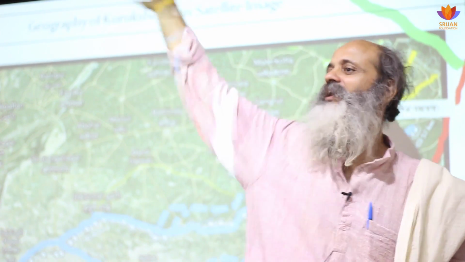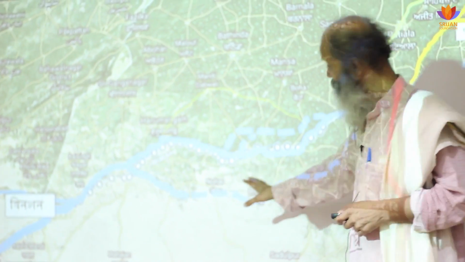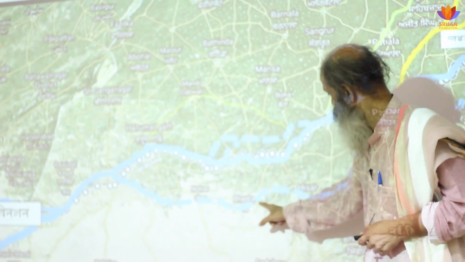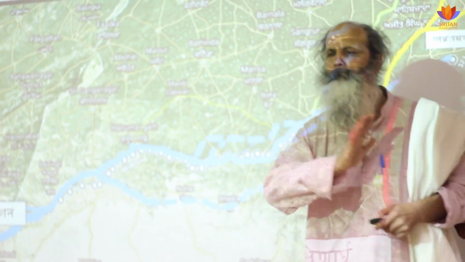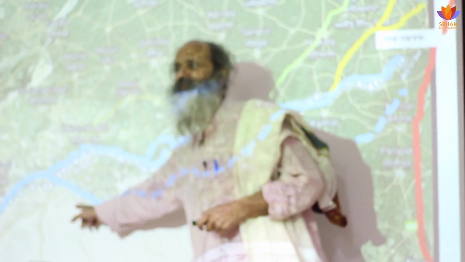It has been blown away by wind, and this sand is covering it. In fact, it is not very easy to find the Drishadvati like this. If you go from Bhadra to Nohar, it is completely covered by sand, a few meters deep. But inside, it is full of Harappan sites from here to here.